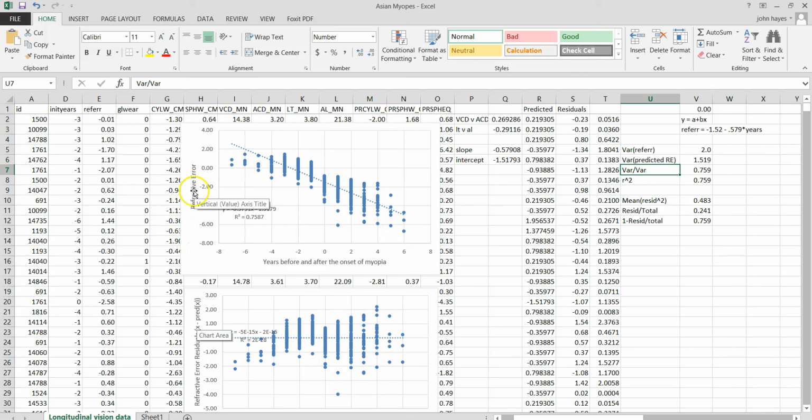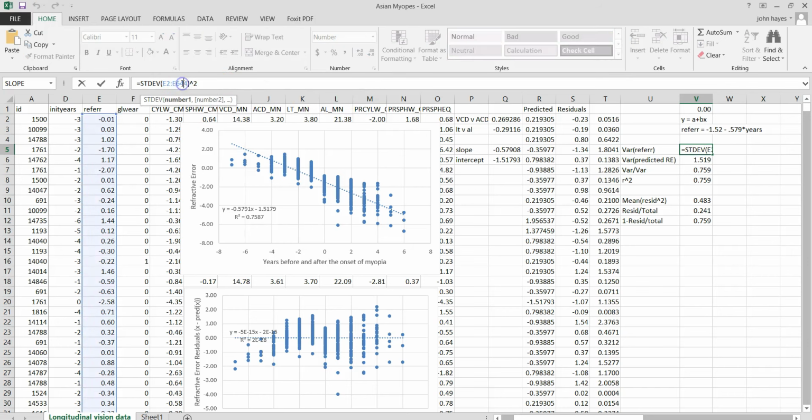In this example, we look at refractive error as a function of years before and after the onset of myopia. So the variance we're going to account for is refractive error. And if we look at variance, variance is just the standard deviation of refractive error squared. We take out that square root sign and we have variance. Variance for the predicted, for the model